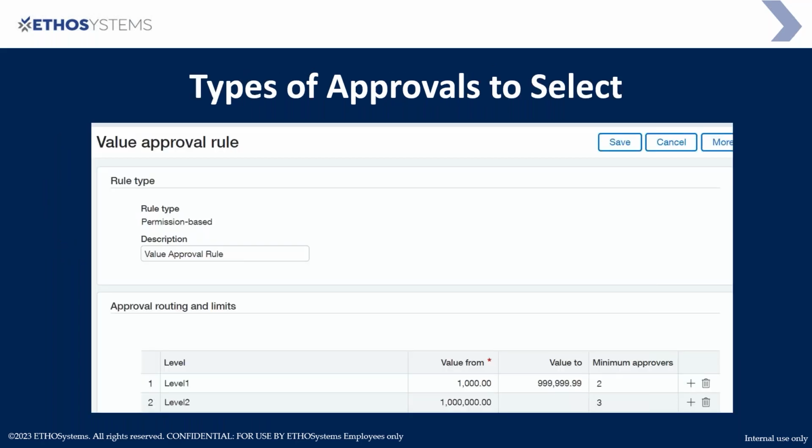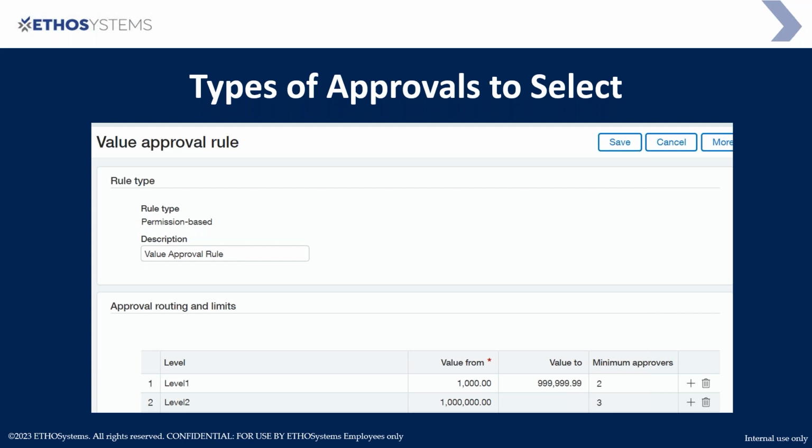This is just a snippet of what the value approval would look like. Whoever has level 1 approval, as you can see in the section below, granted on their preference, they would approve up to $1 million. And whoever has a level 2 approval can approve anything $1 million and above. If an invoice or subcontract invoice was for 1.5 million, it would have to go through both approvers, level 1 and 2. In this case, as you can see on the last column that says a minimum approver of 2,